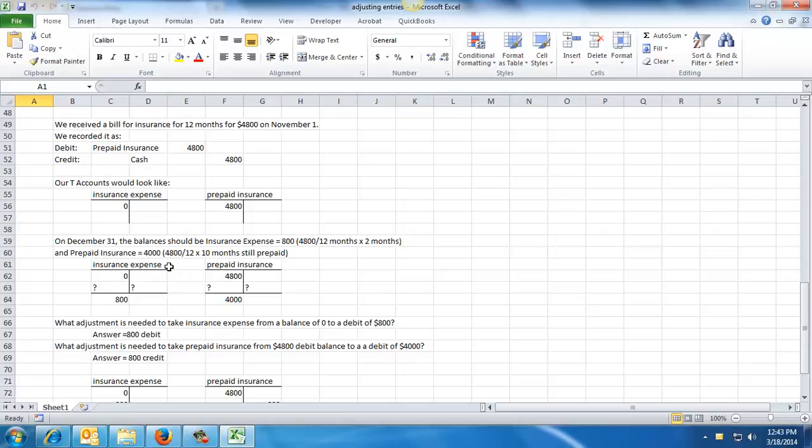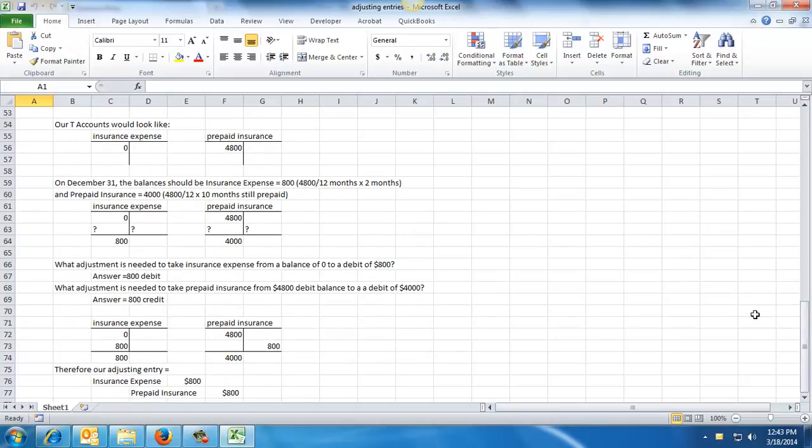On December 31st then, again, we have to figure out what our ending balances should be at the end of the year. And these would be the same as before. Insurance expense should be $800, or 2 months worth of insurance has expired, and our prepaid should be $4,000. These are the same as before. The only thing that's going to change is the filling in of these question marks to go from 0 to 800 and to go from 4,800 to 4,000. And how we get there